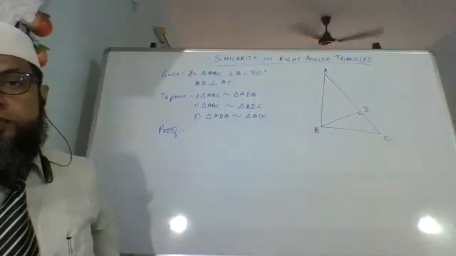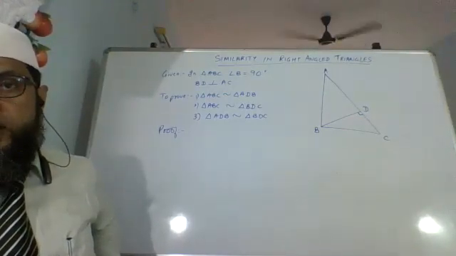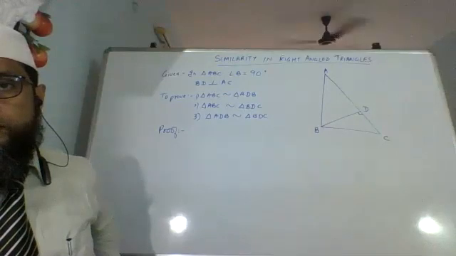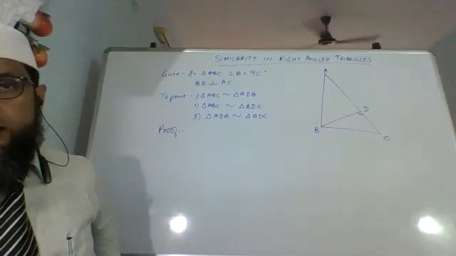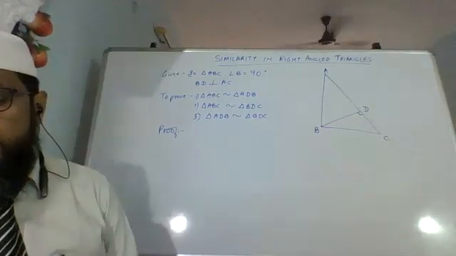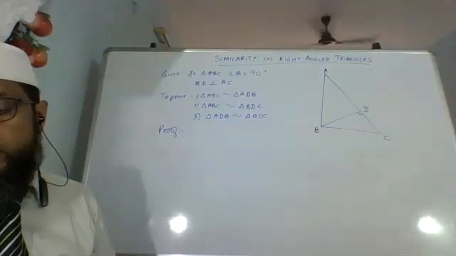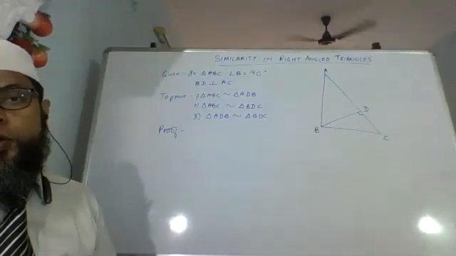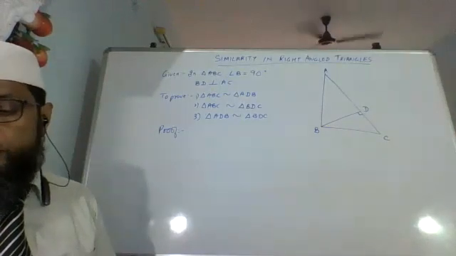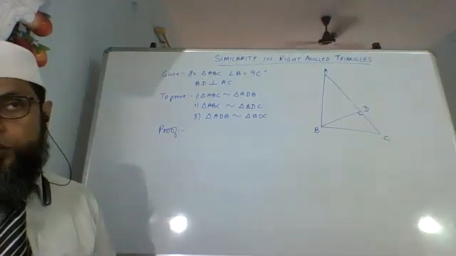Similarity in right angle triangle. We're doing a theorem. Write down the statement. If a perpendicular is drawn from the vertex of the right angle of a right triangle to the hypotenuse,